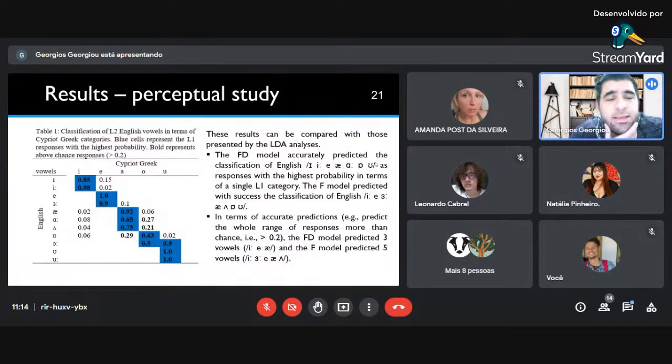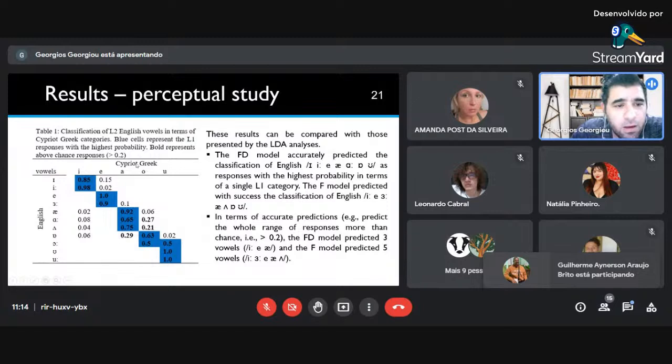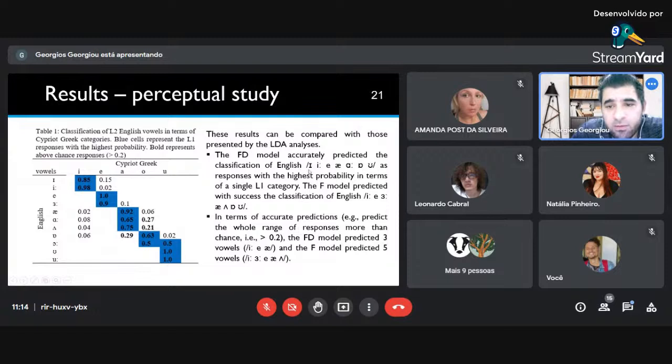And here you can see the results of the perceptual study. Now we can compare these results with those presented by the LDA analysis. The FD model accurately predicted the classification of 7 vowels. You can see the vowels here as responses with the highest probability in terms of a single L1 category. And the F model again predicted with success 7 out of